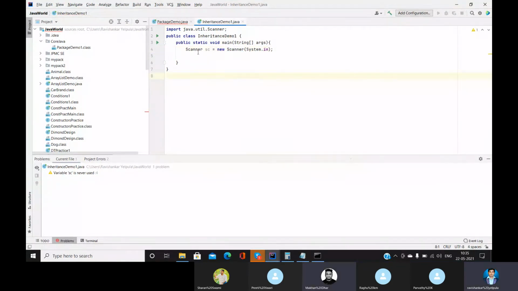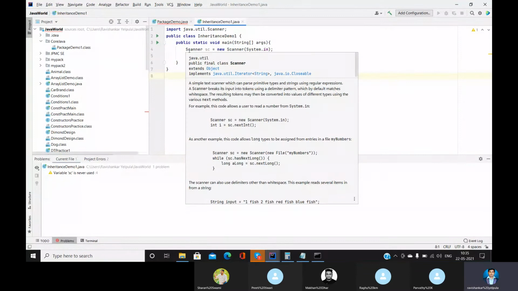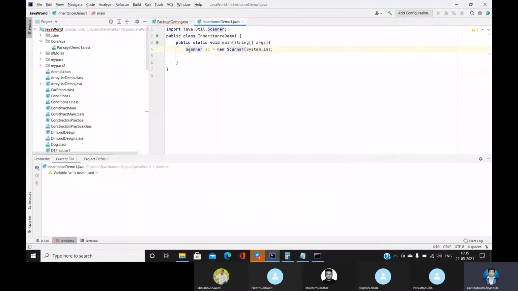So this Scanner was a public class. That's the reason we can access that class in our class. So that is nothing but public. Public gives the authority, or public says that whenever you mention any class as public, it will be accessible anywhere. Okay, then next we have something called private.